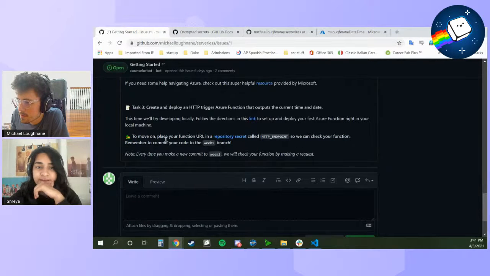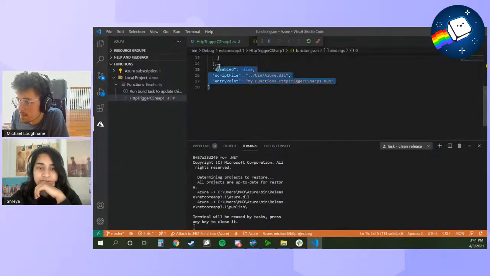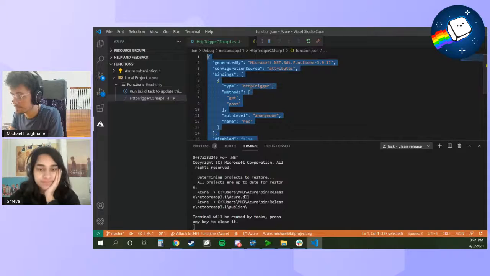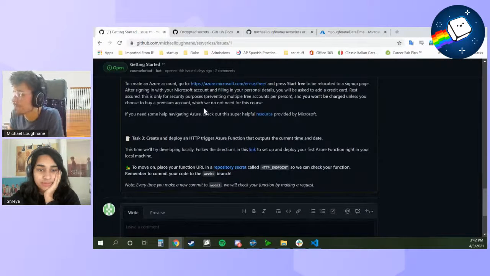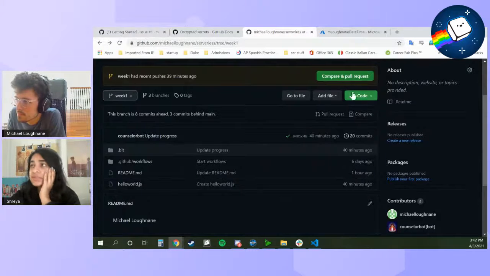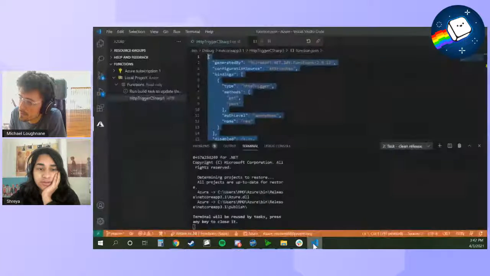Do you need to add the files that you just did in your VS Code? Or no? I have no idea. For now, let's just commit a blank file and see what happens. We're looking at week 1, step 3. Add file, create new file. I'm just gonna add this one just to